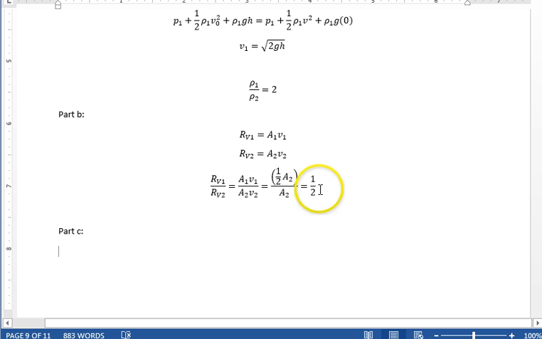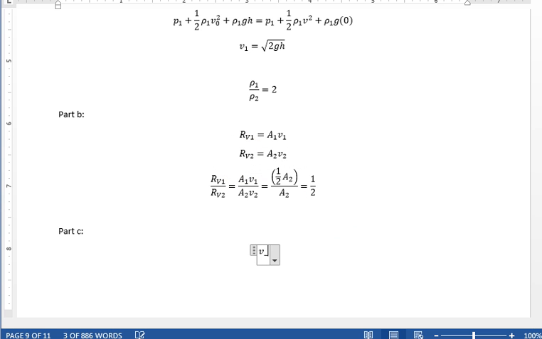It depends only on height. In other words, if we want the ratio of volume flow rates to be 1, then we need V1 divided by V2 to be 2. Since we're no longer at the same height, the velocities are not equal. When we're at the same height, they're equal. When we're at different heights, they are not equal. We need V1 divided by V2